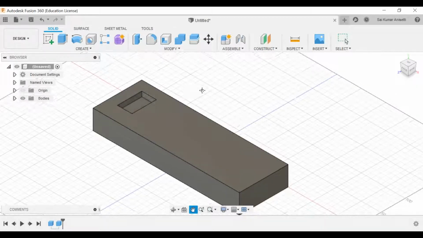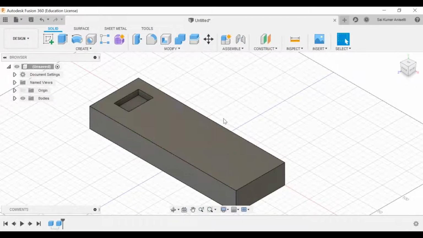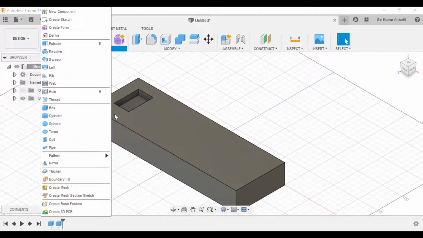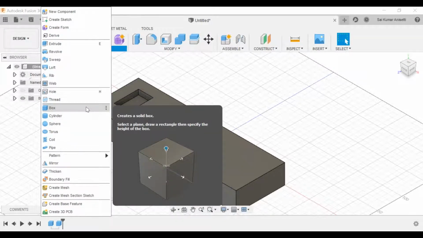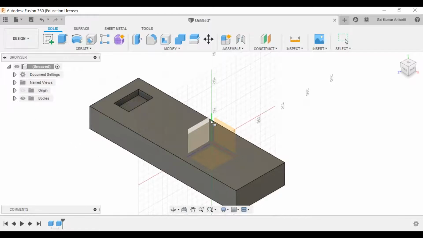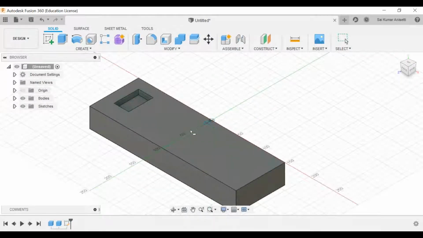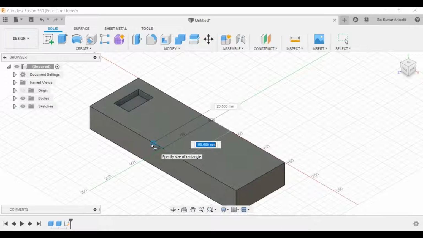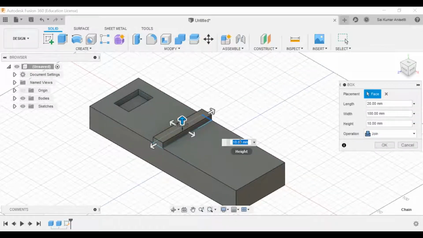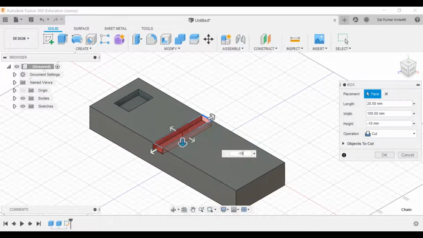Click OK. I'm just creating different types of slots, just to teach you these things. I'm not making anything. I'm creating another box exactly onto this face. I'll click this point and go with 20 by 120. That's fine for me. In the negative direction, I'll go with 10.